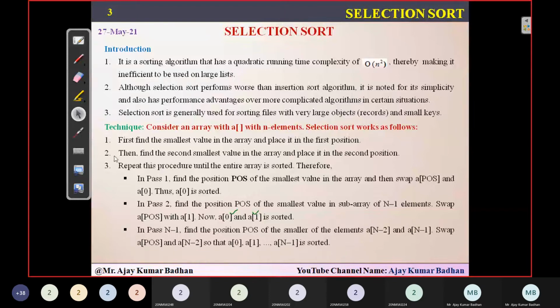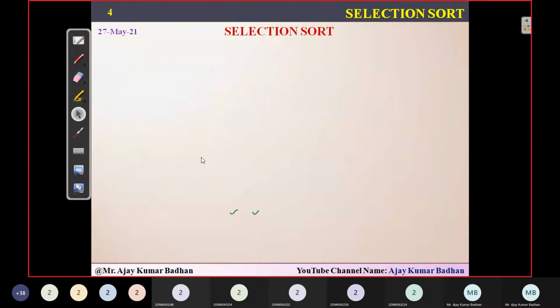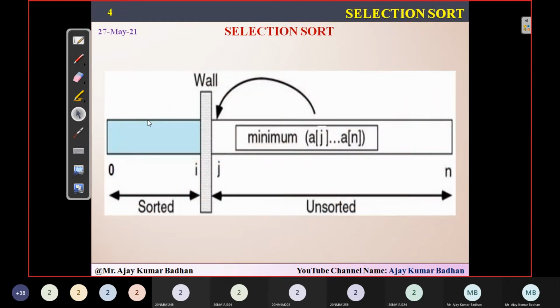So basically this is the graphical format I wanted to show you. You can see here this is the entire array from 0 to n. Let us suppose this is the entire array here. This wall will be separating, or dividing, this array into two halves: whenever the first position is filled, that means that position is sorted, isn't it? And the remaining elements we have to sort, and arrange them in ascending order.